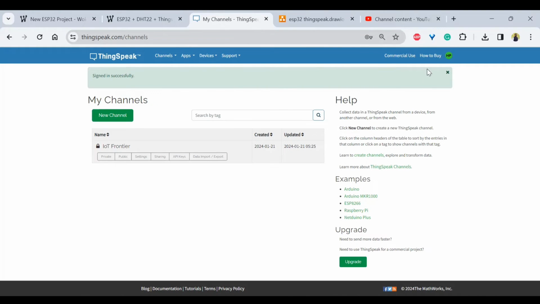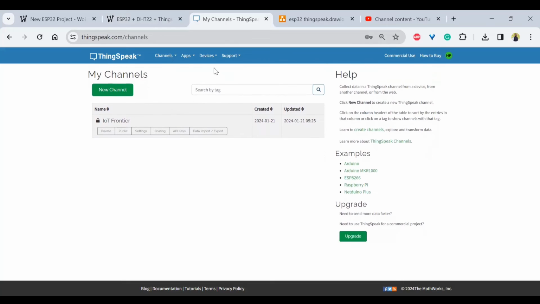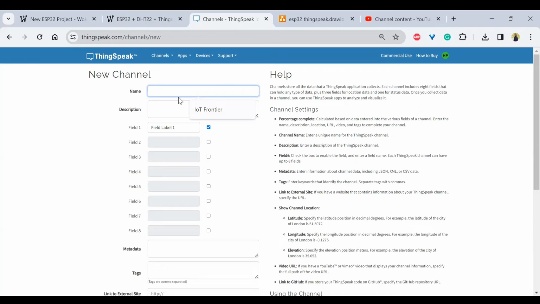Now, once you are able to log in here, you should be able to go to the channels and click on My Channels. So if you already have some channel, you will be able to see like this. But now I'll try to create a new channel. So I'll try to create a channel called IoT Frontier 1, because already I have IoT Frontier, and the description would be DHT22